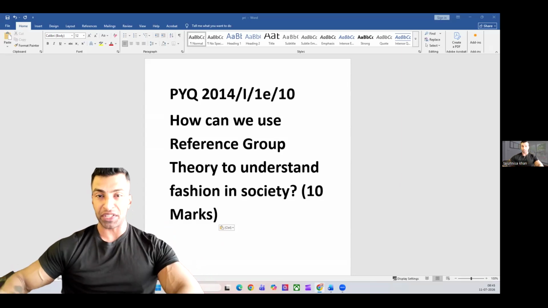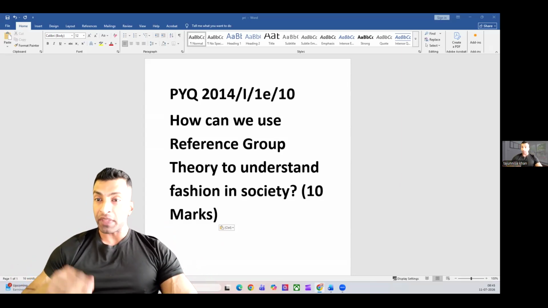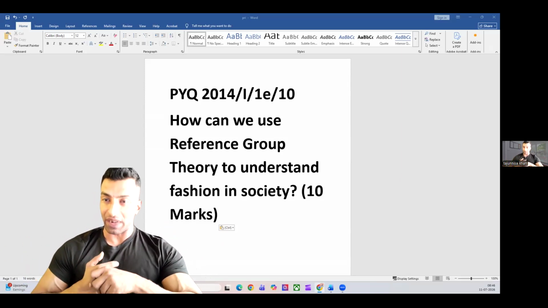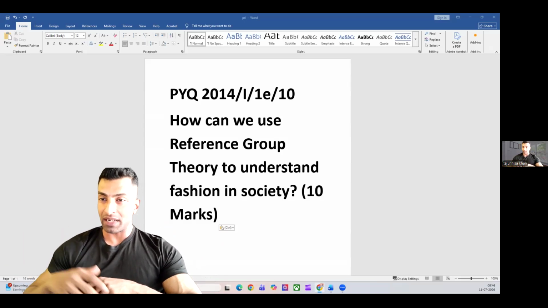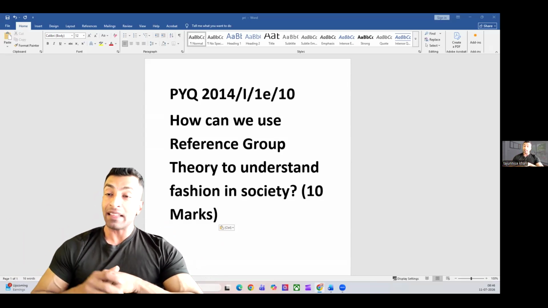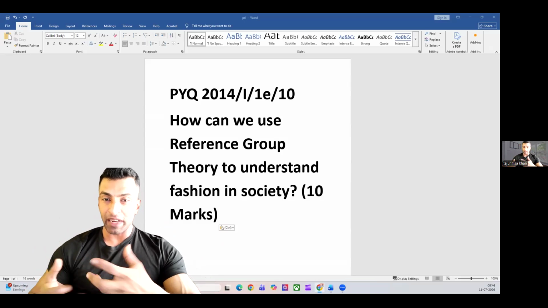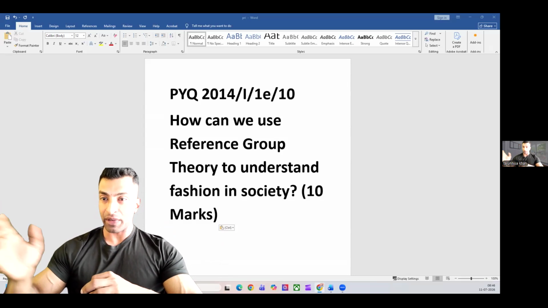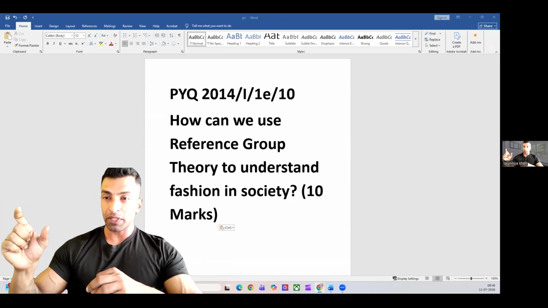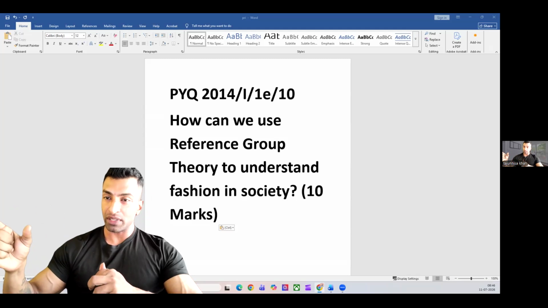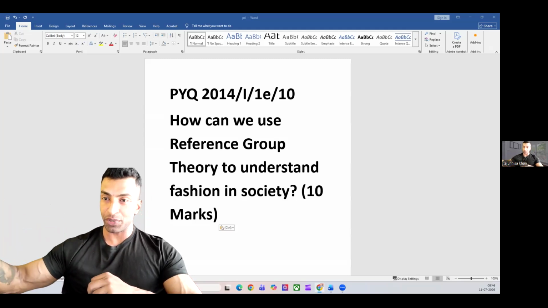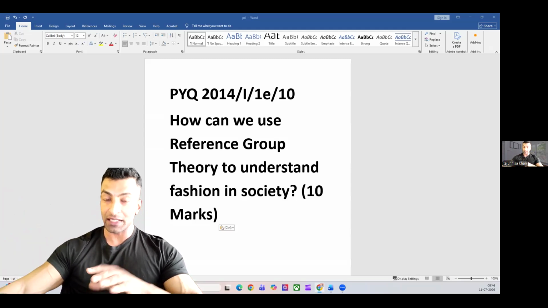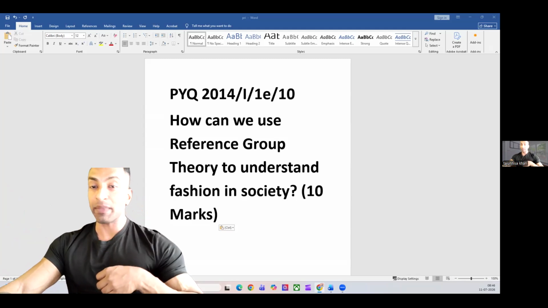Let's try to decode the question. Then you need to explain the types of reference group which are related to fashion. So we can talk about Bollywood celebrities and all. I'll come to that. Then you also mention concepts like anticipatory socialization and the marginal man with fashion examples. I hope you know that reference group is important. You need to also talk about the anticipatory socialization that you do, and then when you become that marginal man, when you cannot reach that level, you need to discuss that, and also discuss the factors that make a group a